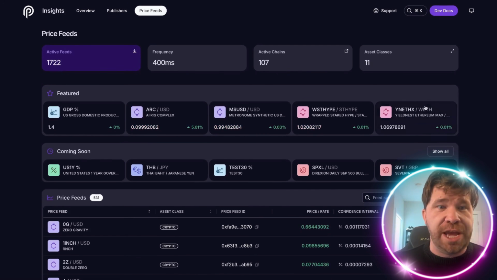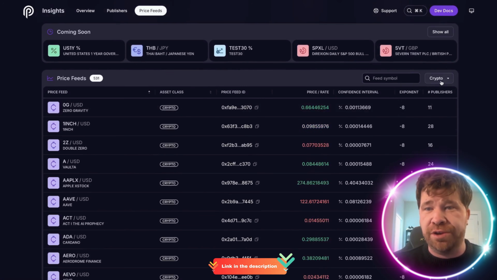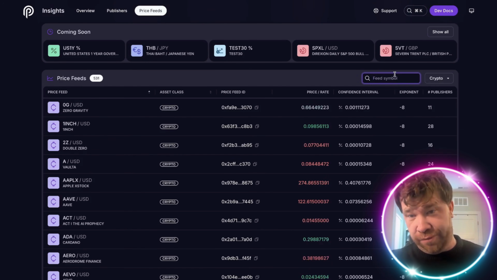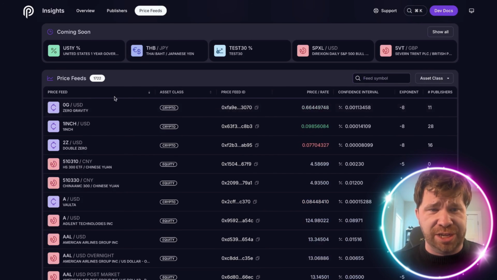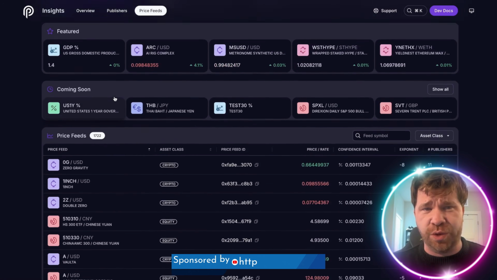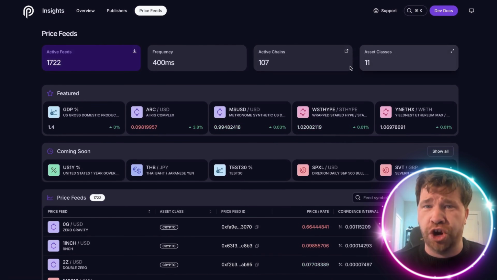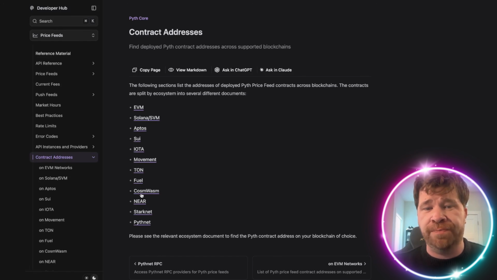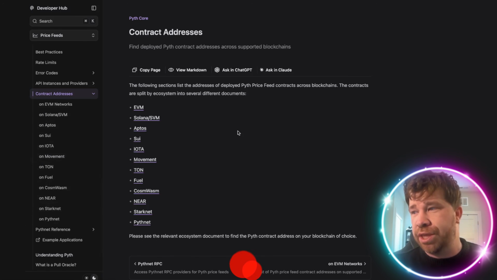So ladies and gentlemen, as mentioned, there are a lot of things you can do here. You could filter through different blockchains. You could filter through so much. You could decide exactly what you want to do. You could even just go to feed symbol. I'm going to highly recommend that you dive down into this and check this out and let me know exactly what you think, because I think this right here is the future, and that is what we're looking for. You can see all the different chains here as well, which is really cool. These are contract addresses, etc. You can just scroll through here and see what they have.